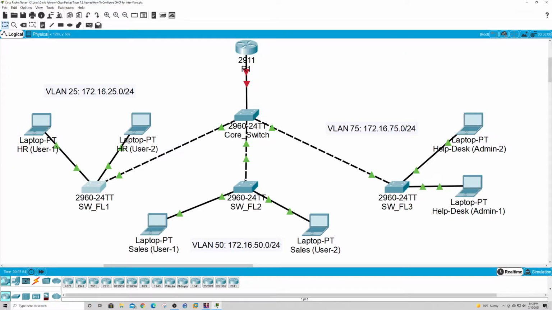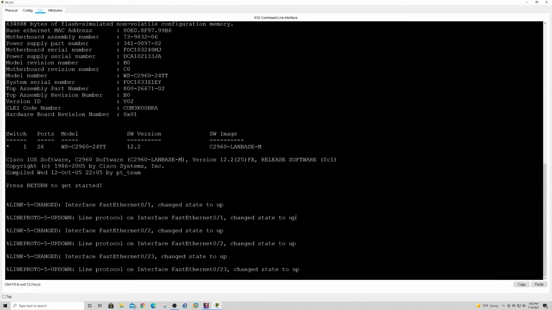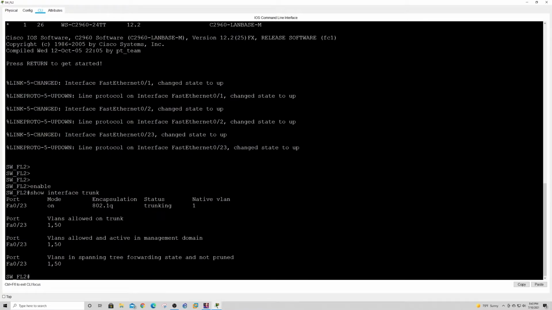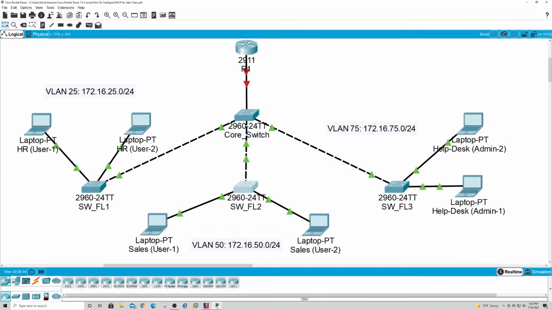This one right here is FastEthernet 0/23 going to the core switch, and this is FastEthernet 0/22 that is going to the core switch. So I just want to show you all the configuration. So we go back to enable and do a show interface trunk just to see if VLAN 50 is traversing that trunk of FastEthernet 0/23, and it is. As we can see, port FastEthernet 0/23, VLANs 1 and 50 are traversing that trunk interface going to the core switch. And now we'll do the same for switch